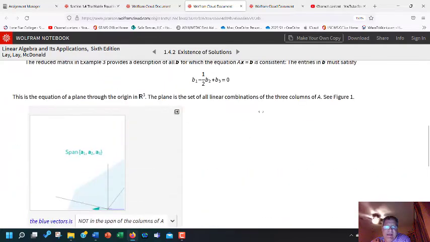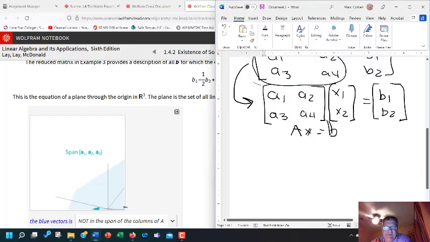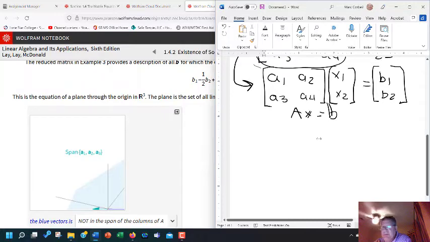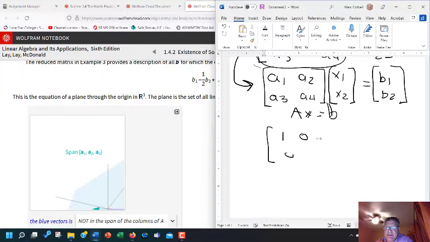If you've got a system Ax like this, ultimately we want to write the augmented system as 1, 0, 0, 1 with a solution,